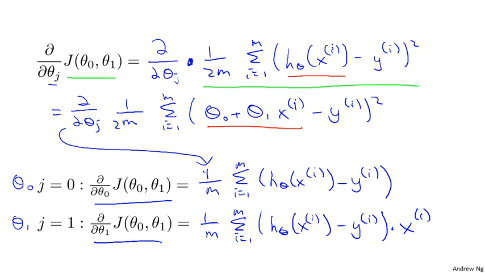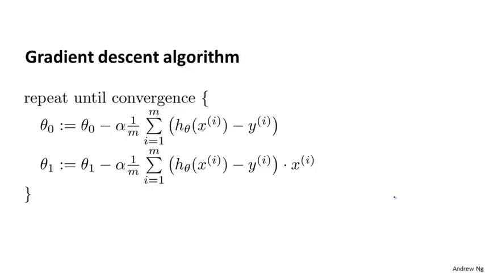But armed with these definitions, or armed with what we worked out to be the derivatives, which is really just the slope of the cost function J, we can now plug them back into our gradient descent algorithm. So here's gradient descent for linear regression. We're just going to repeat until convergence. Theta 0 and theta 1 get updated as this thing minus alpha times the derivative term. So this term here,